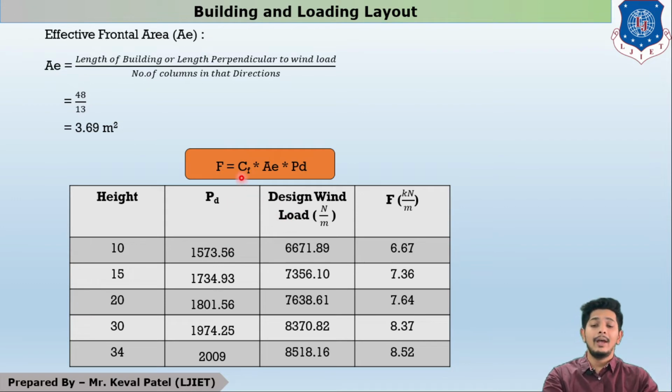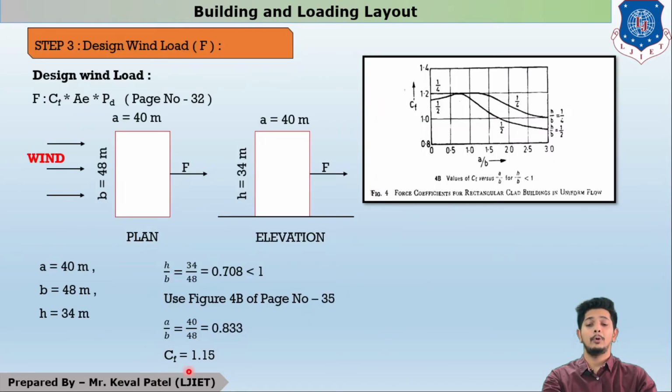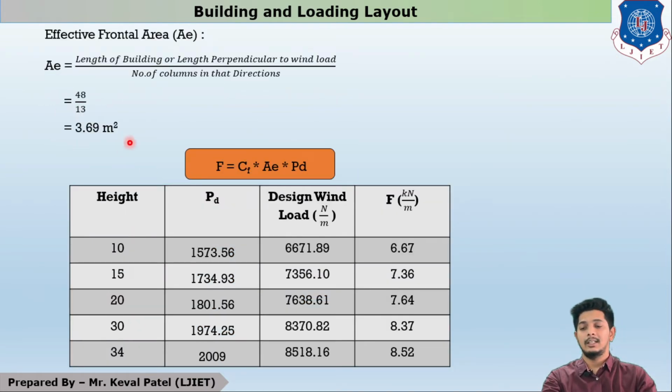Now if I multiply PD with CF and AE, CF is taken as 1.15 and AE is taken as 3.69, and PD for individual heights like this, I will get my design wind load in Newton per meter. So I have these values: